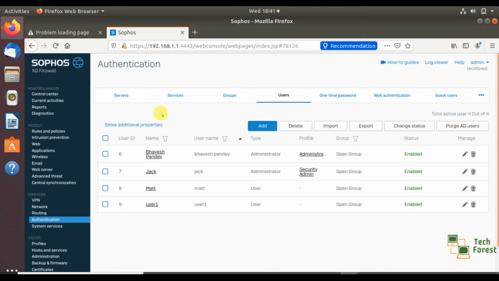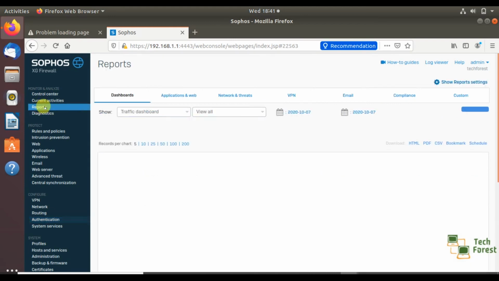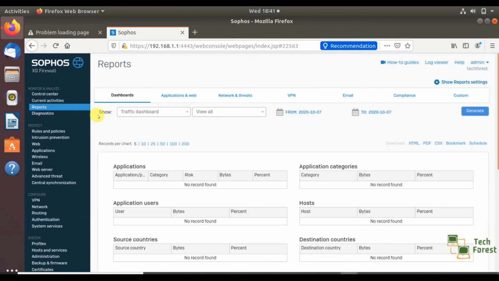And the most important thing, do not use a common admin account, because you will not be able to identify who made the changes. Always use separate accounts for all admins, and by using the report tab you can see who made the changes and what the changes were. In our upcoming videos we will see how to download reports and how we can give limited privilege to a specific administrator.